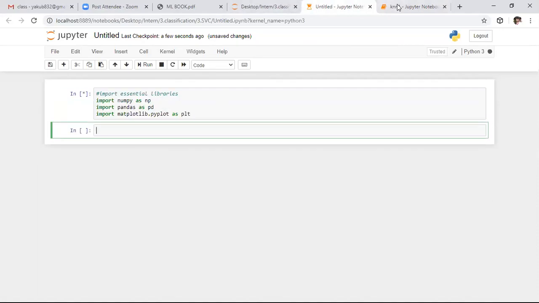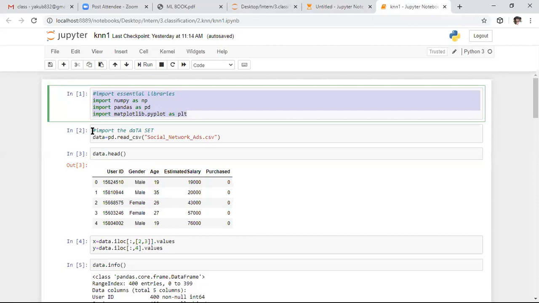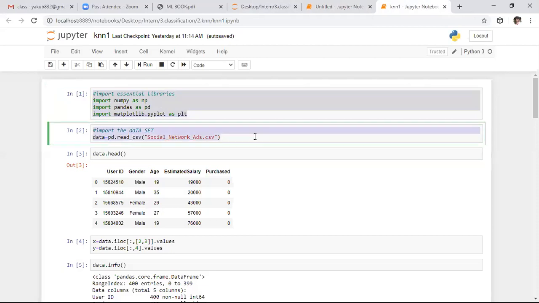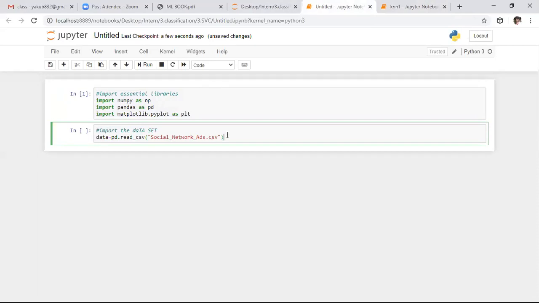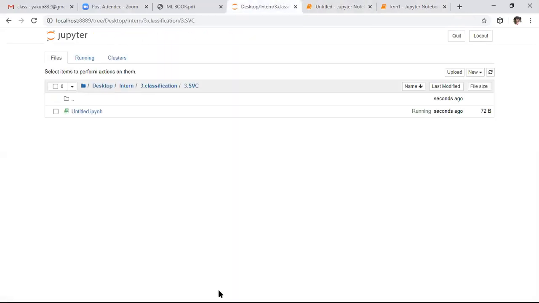After that, what do we need to do? We need to import our data set. To import the data set, in this same working directory we don't have the file. So we need to read this file. For that purpose, we need to specify the directory. We need to read that file which is present at a different location. So for that, I want to go to that working directory.